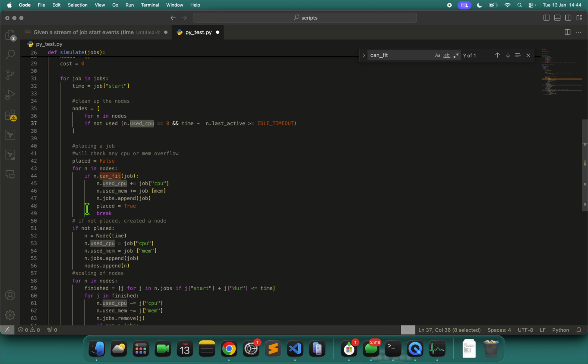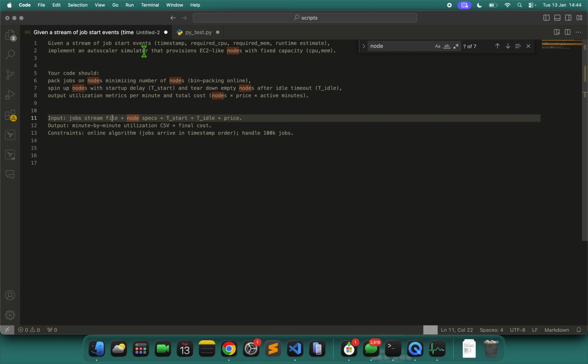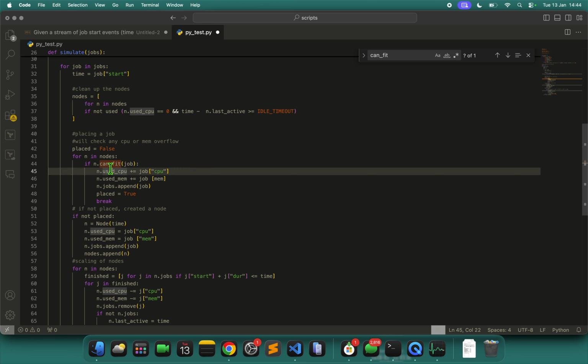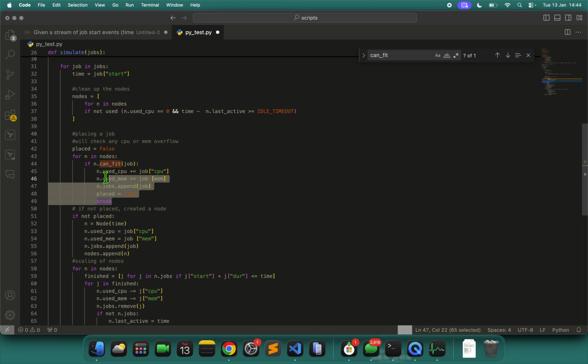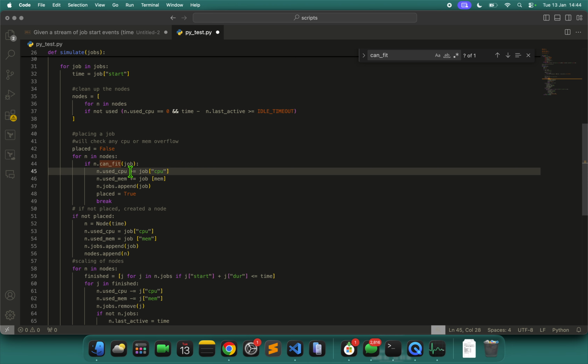Then, as per the statement, we have to run a job, like the job stream files for any streaming. If my node has sufficient CPU, the new job can fit: if it has remaining CPU beyond my used CPU, the job is placed on that node.